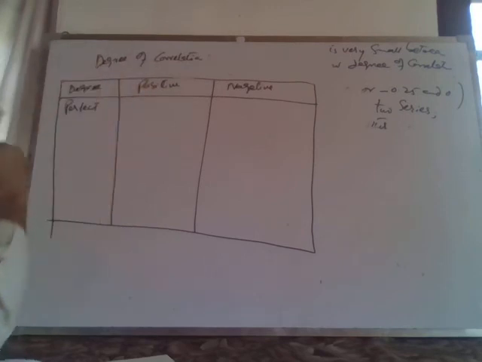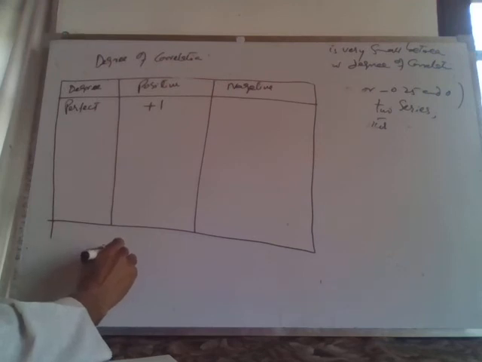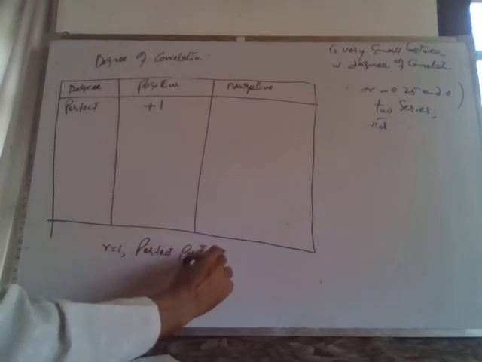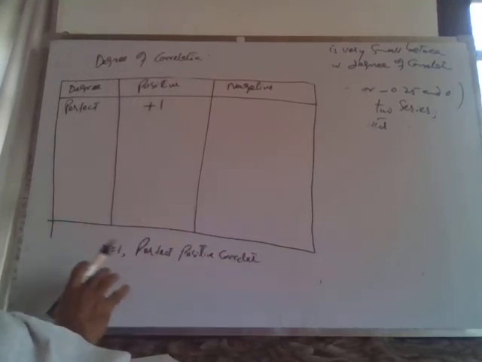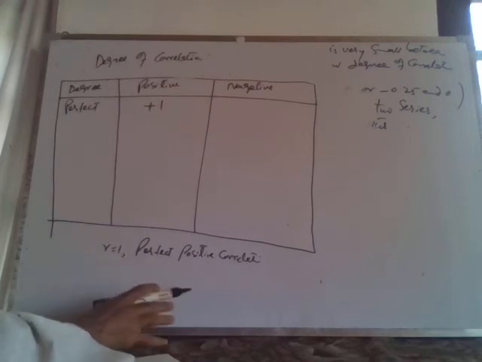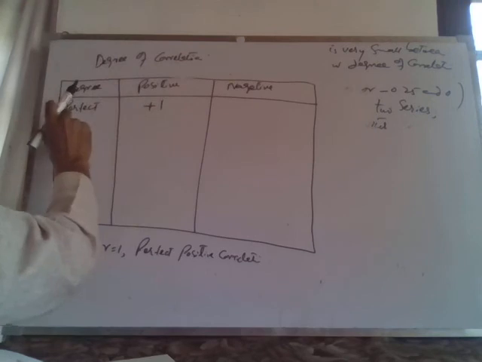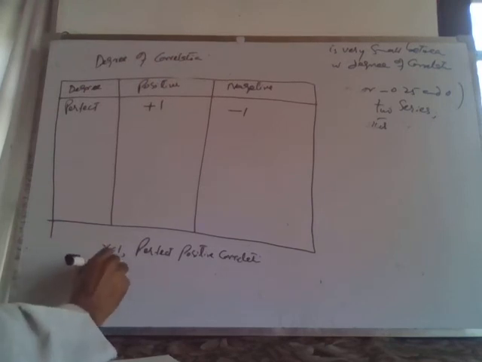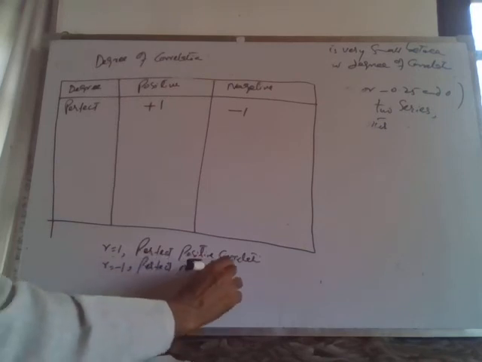अगर परफेक्ट पॉजिटिव कोरिलेशन है तो तब हमारा वैल्यू +1 आएगा। अगर r का वैल्यू 1 आ गया तो उस वक्त हम लिखेंगे इट इज परफेक्ट पॉजिटिव कोरिलेशन। अगर क्वेश्चन ये हमें बताता है व्हाट डिग्री ऑफ कोरिलेशन एग्जिस्ट्स बिटवीन द टू वेरिएबल्स और बिटवीन द टू सीरीज, तो अगर हमारा वैल्यू r +1 आएगा तो हम कहेंगे इट इज परफेक्ट पॉजिटिव कोरिलेशन। अगर हमारा वैल्यू -1 आएगा तो हम कहेंगे इट इज परफेक्ट नेगेटिव कोरिलेशन।